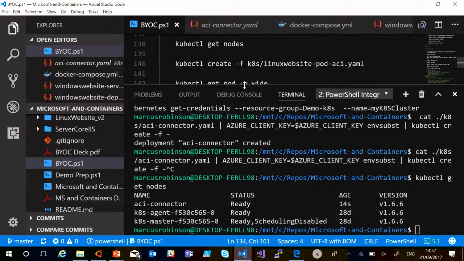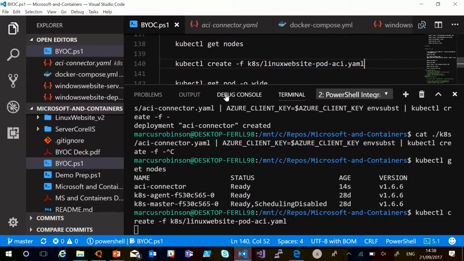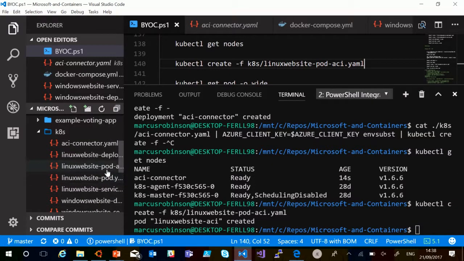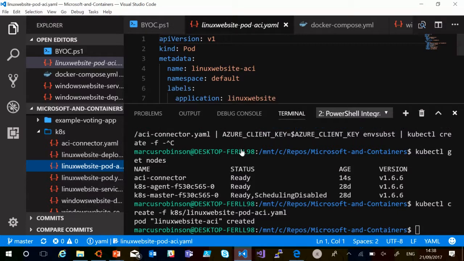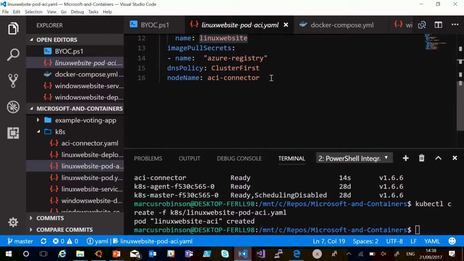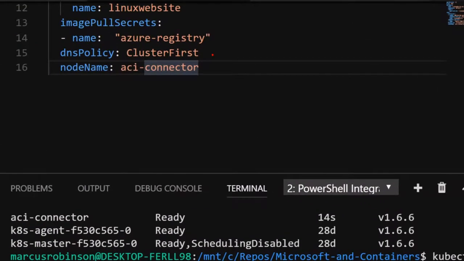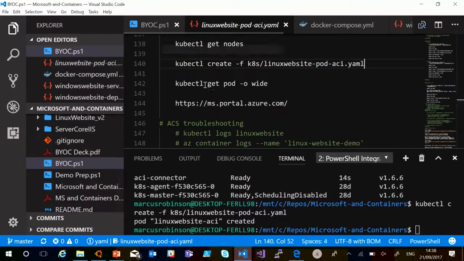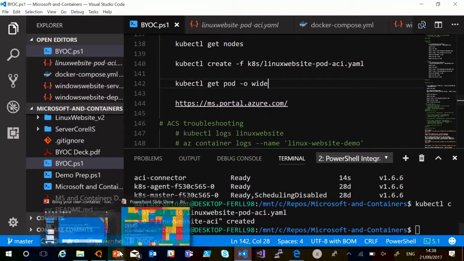So then I'm going to just deploy a pod, which is a single container. Okay, and let's show you this. And when I deploy this pod in the YAML, I'm saying deploy to the ACI connector node. Okay. And if I do get pods,